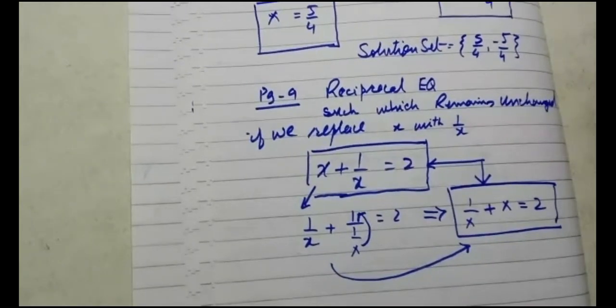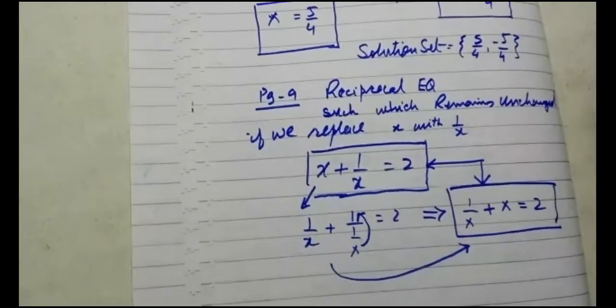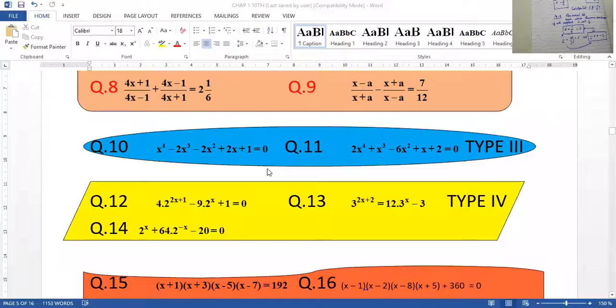And the type number 3, which I have just highlighted, I'm showing you again. Wait for a second. I hope you can see that this is type number 3. Question number 10 and question number 11 are the two questions relevant to the reciprocal equation. I'm going to solve one question for you. I'm solving question number 11, and then we will move to the next type of question. Question number 11, I'm just writing on the page, then I will solve it for you.